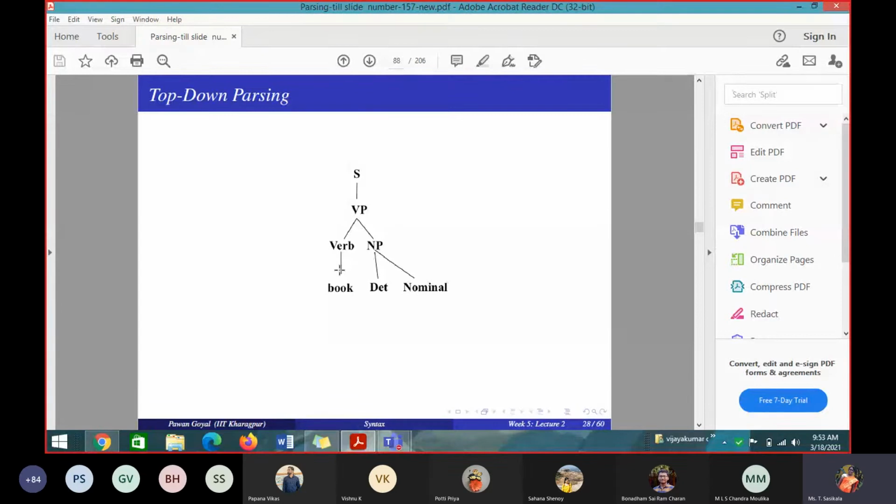Next, NP gives determiner nominal. Determiner gives that, nominal gives noun. Okay, whether noun derives flight? Yes, ma'am. So this is the final tree which we arrived at, which I have shown in the beginning. So these are the steps you have to follow to draw a parse tree using